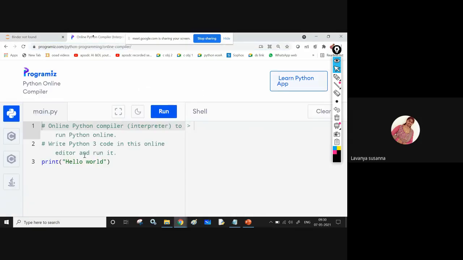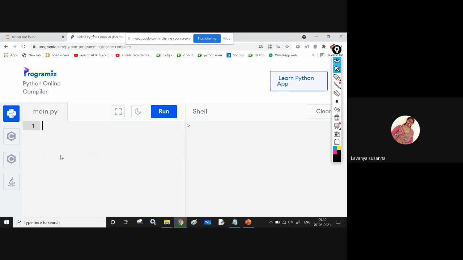Now see, from numpy import star. Next I'm going to create an array.